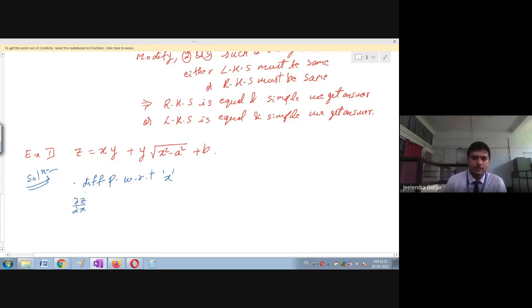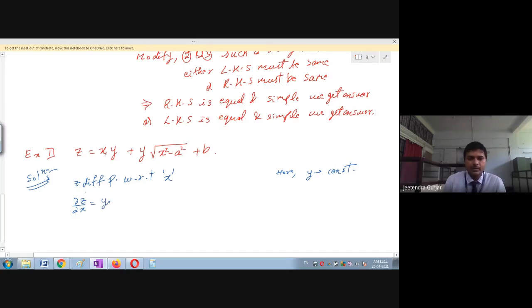So you are going to differentiate this. If you want, you can write it as z. So this is equal to, please remember here, students, very, very important. When you differentiate partially with respect to x, what is y? Can anybody tell me what is y? Y, we are going to hold constant. Very good. This is very, very important. Many of your seniors make mistakes here only. They differentiate y also. That's a big mistake.